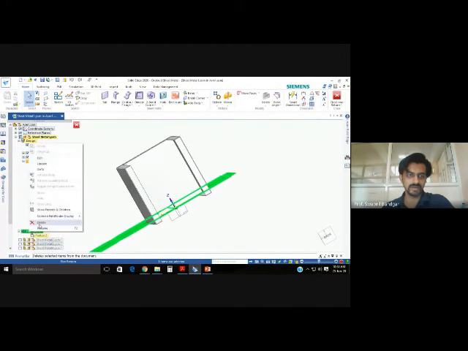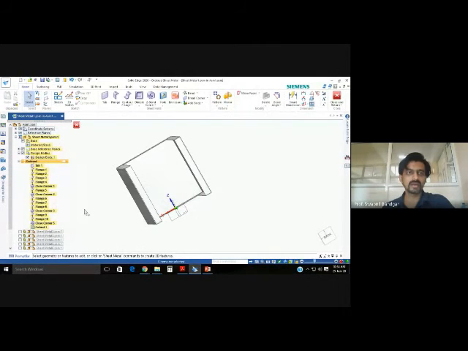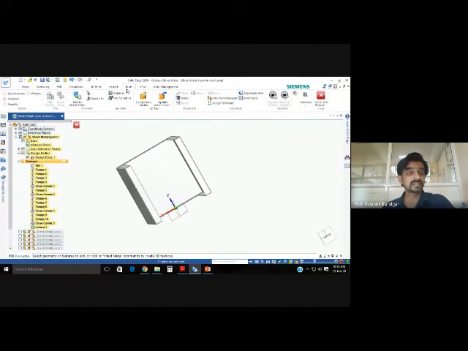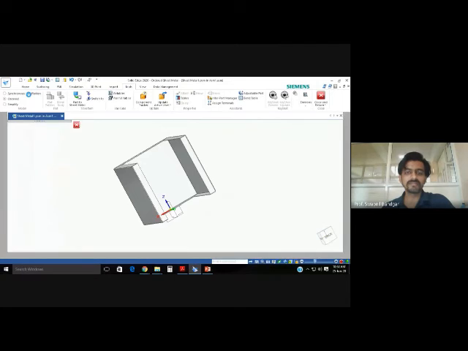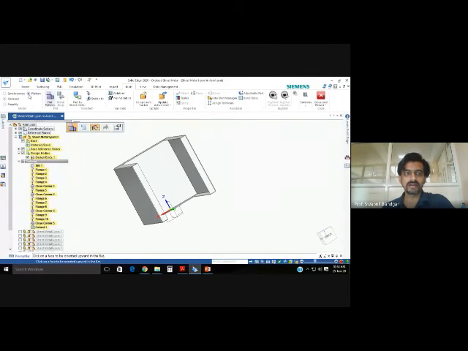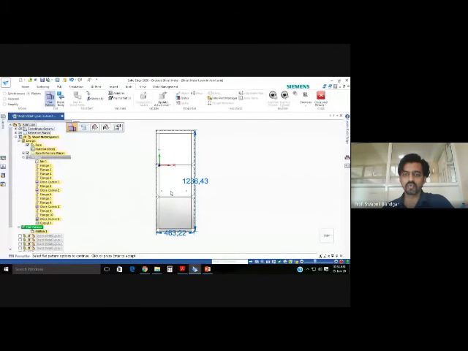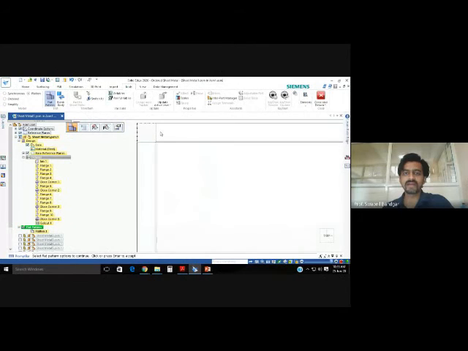Now I will delete this. Okay, and with a single click I will go to the tools. This is a feature of sheet metal modeling, and I will click on Flatten. It will ask me for some inputs, which surface you want and which line you want to flatten it along, and after this I will get how the sheet should be cut.